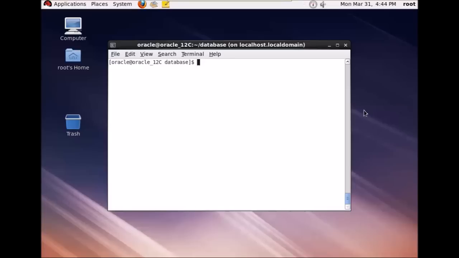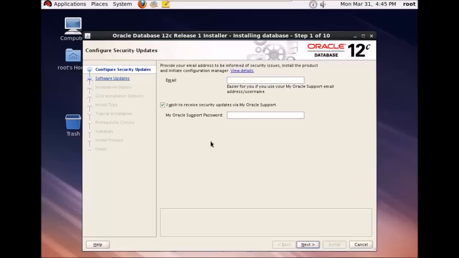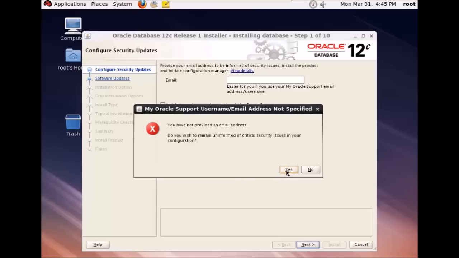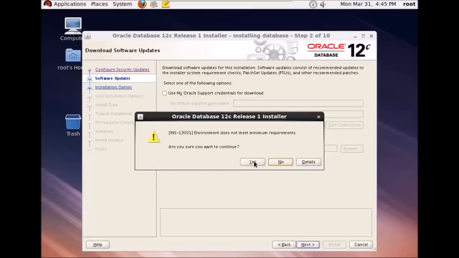To run the installer, the command is ./ and the installer name. So just run the installer. This will do some prerequisite checks, and then our Oracle installer will be initialized. So let's wait till the installer is initialized. Now just uncheck this box and click next. Ignore this warning and click on yes. Skip the software updates and click next. Ignore this warning,